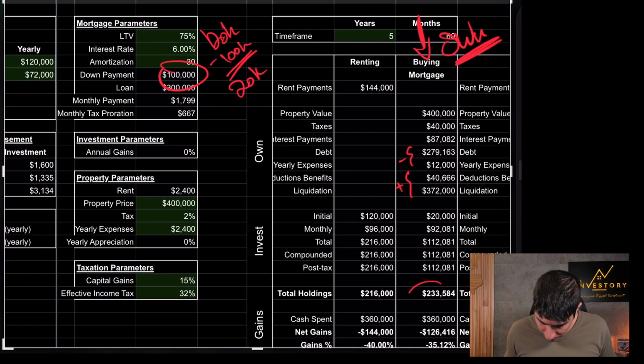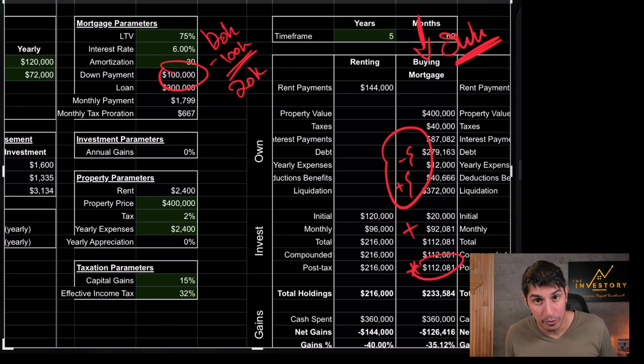In the end, what we have is 233, which is this amount here plus this amount here. This is the total holdings. I have 112 of money that I saved up, and the remainder is what I have after I sell the property. In these two examples, we see